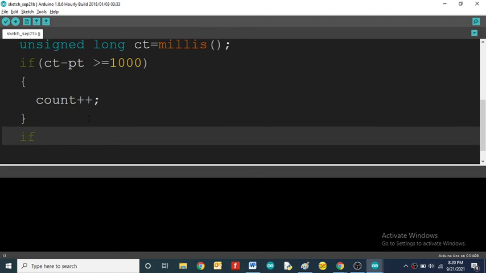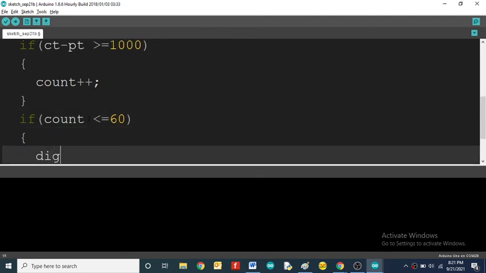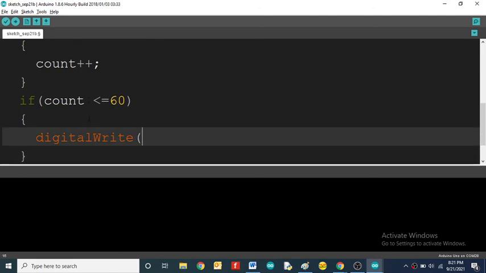If count is less than or equal to 60 seconds, then turn off the light, digital write. Here I'll take light off.